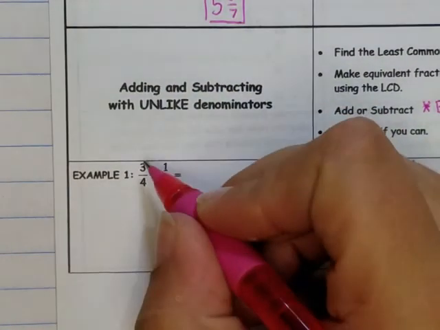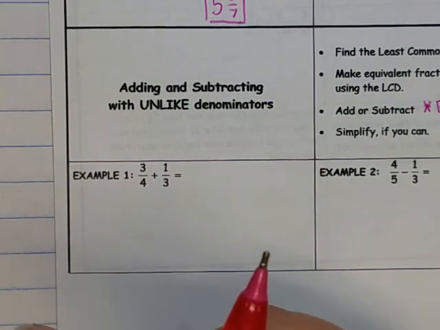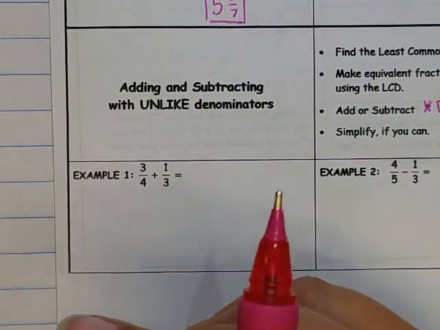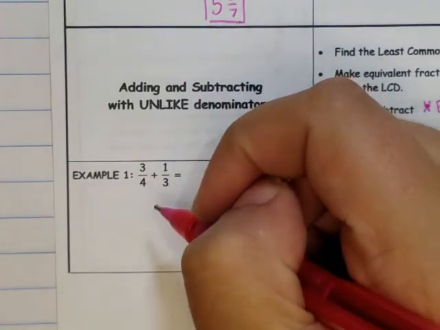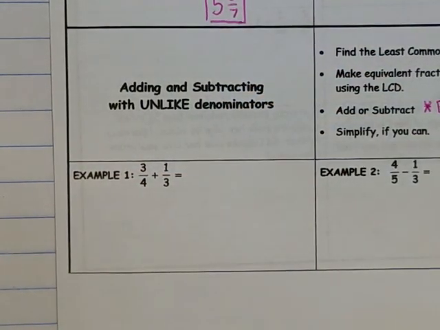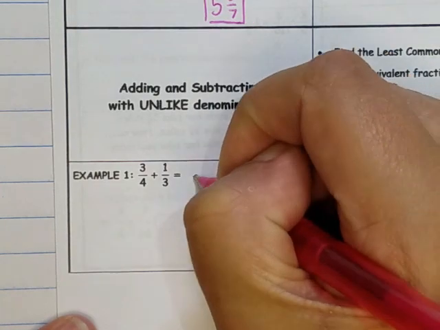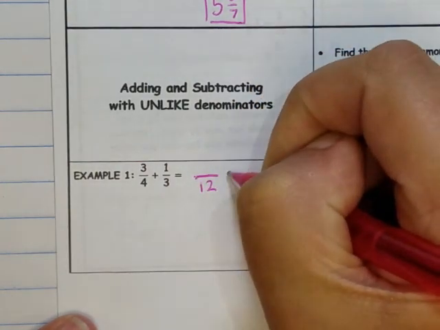So looking here, we've got 3/4 and we've got 1/3. We can't put those together because they're not of like denominators, so they're not split into the same amount of pieces. So what we're going to do is find a common denominator. 4 and 3 can both go into 12. They could both go into 24. They could both go into 36. But we want to choose our smallest denominator. That way we don't have to worry about bigger numbers, and then we don't have to worry about simplifying as much later. So if I change them both to be at a 12,